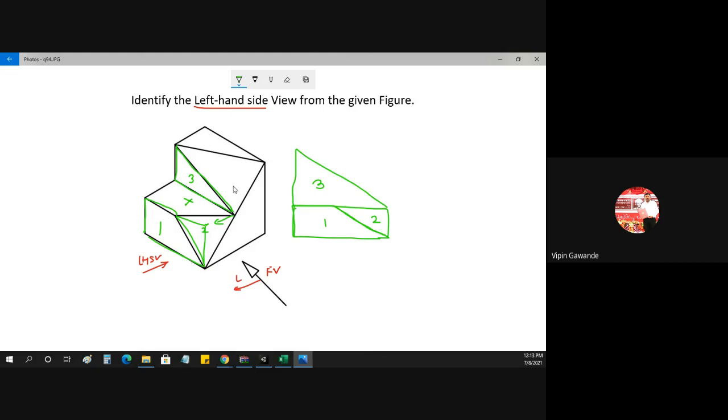Vertical and inclined surfaces are visible. Then this is visible to the observer because this is an inclined surface. Now this inclined line becomes a horizontal line, and this inclined line becomes a vertical line. This point will come forward. So this becomes our fourth surface. It looks something like this.